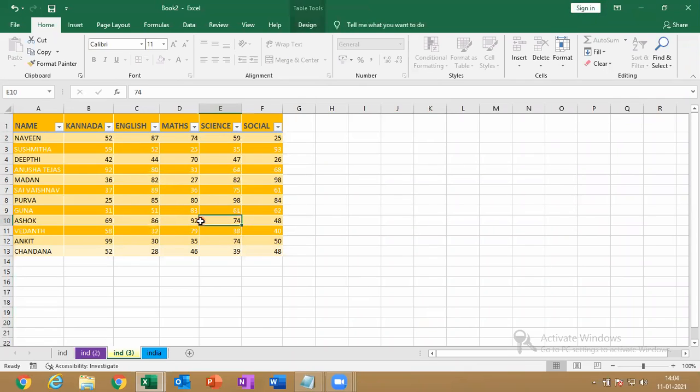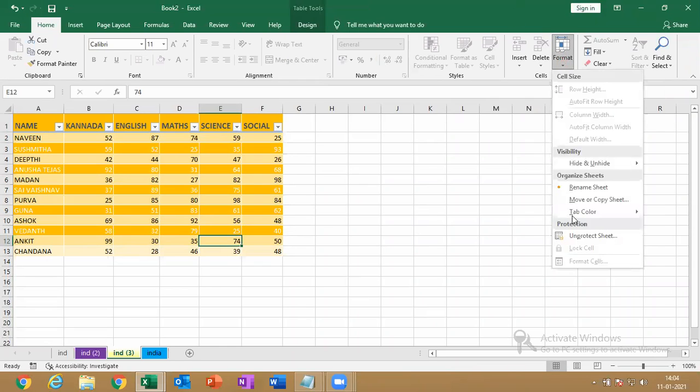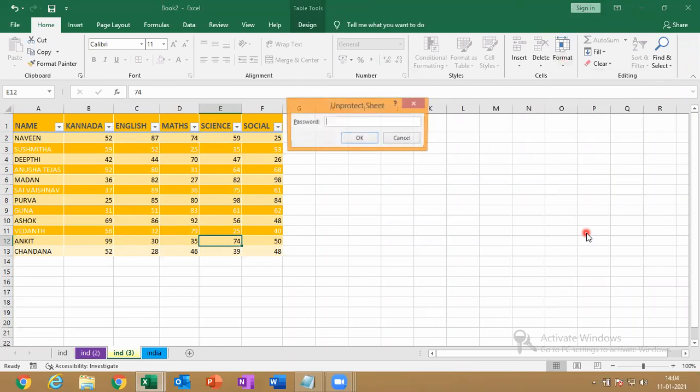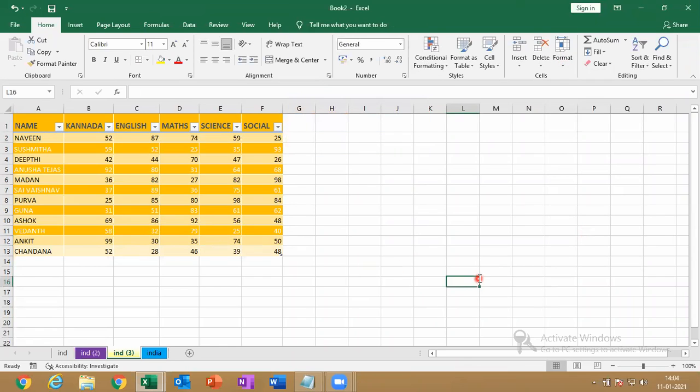And only here I'm eligible to type. Is that clear? Again, unprotect the sheet so that everywhere I can edit. Is that clear for everyone? Good.